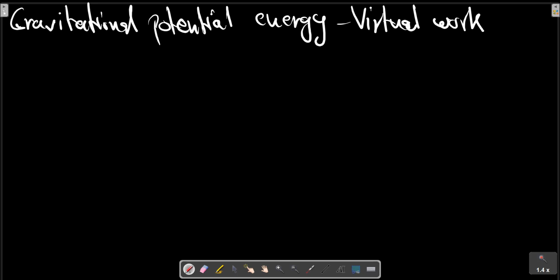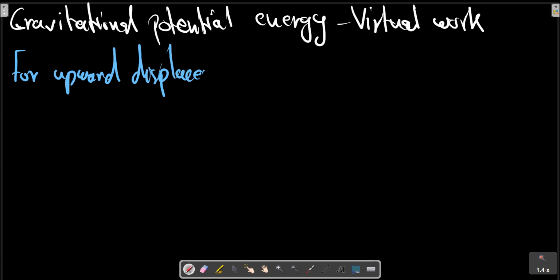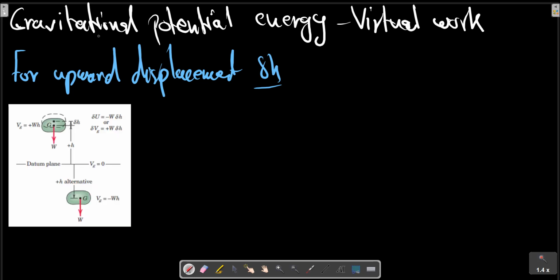In the previous article, we treated the work of gravitational force, or weight, acting on a body in the same way as the work of any other active forces. Thus, for an upward displacement of delta H, the body is shown in the picture here. The weight W equals mg, and does negative work